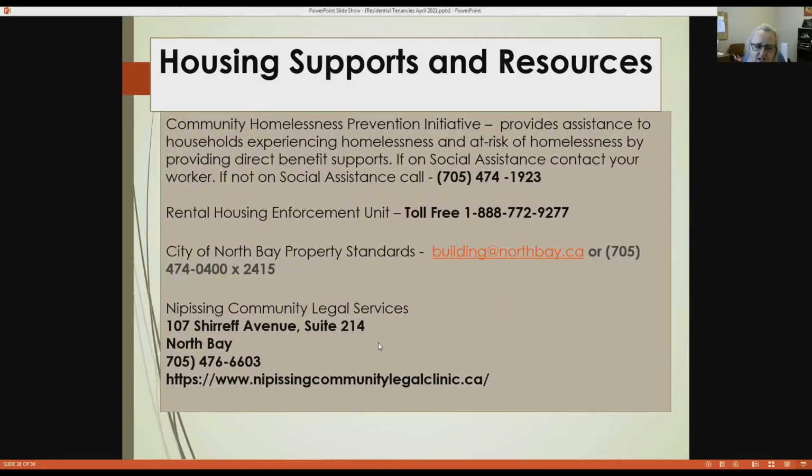Within the city of North Bay, we do have the Community Homeless Prevention Initiative, right? So they can provide households experiencing homelessness or at risk with direct benefit supports. They have different criteria. Now, as well, you may have read in the newspaper, they really are advocating hard to